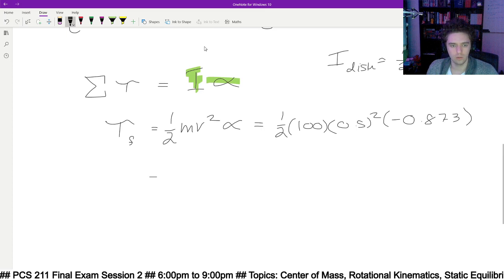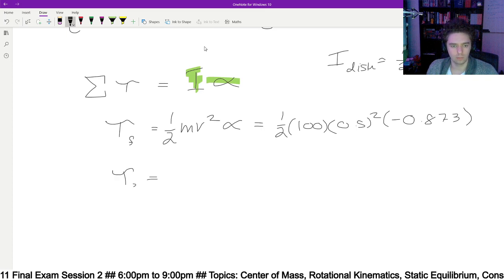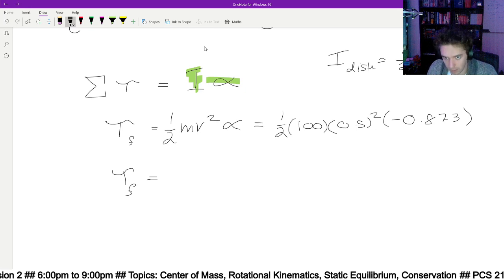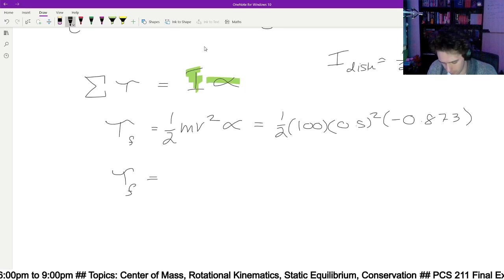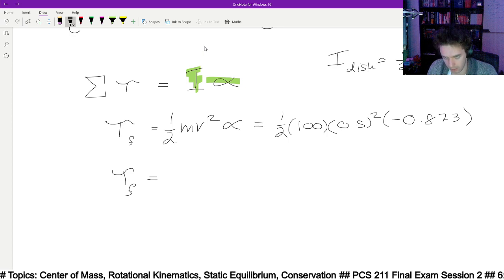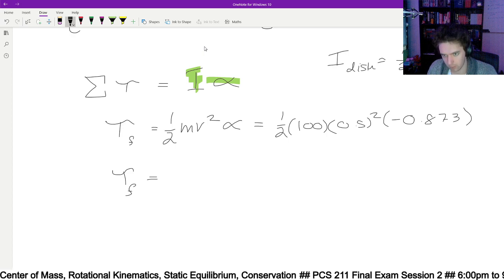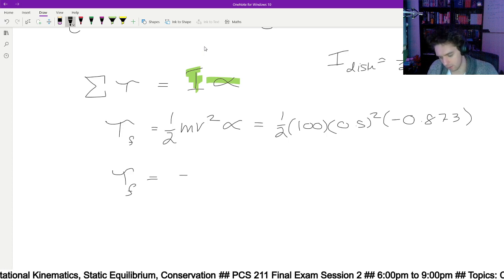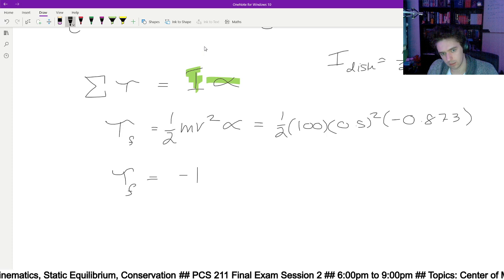So the torque from friction is going to be 50 times 0.5 squared times negative 0.873, which is negative 10.9